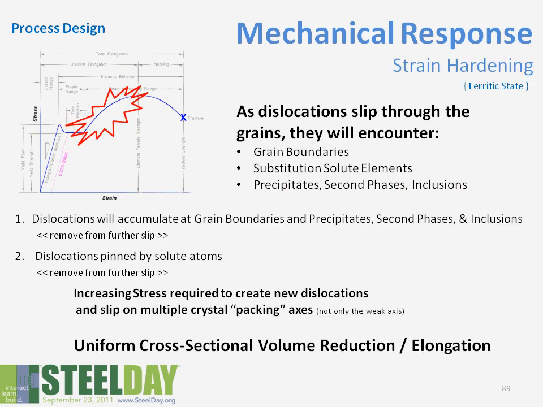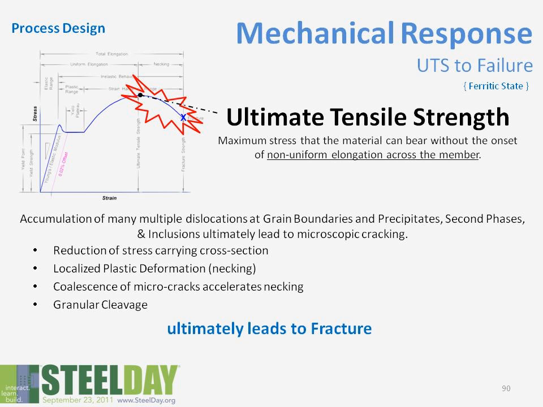After a period of time, with enough stress, all those dislocations basically have been taken out of play. They've either reached a grain boundary, a precipitate, or a second phase, or they can no longer be pinned by solute atoms. So we need increasing stress to yield that material, and we actually start creating new dislocations, and we start slip on different crystal axes, those stronger axes. We actually get uniform cross-section reduction during this. Ultimately, we will get to a point known as the ultimate tensile strength,